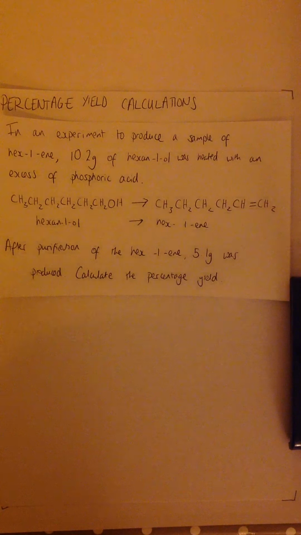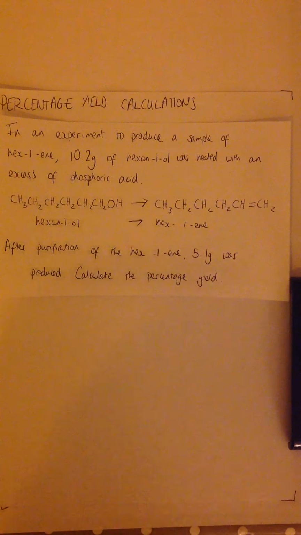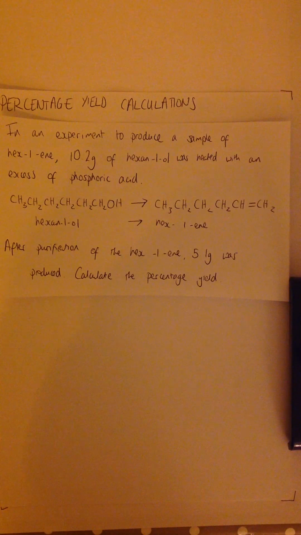Today we're going to look at some percentage yield calculations. So it's predictable that if we do an experiment in the lab or if we look at a chemical reaction used in industry, we won't get 100% yield. What we mean by that is we won't make as much of the intended product as we would predict if